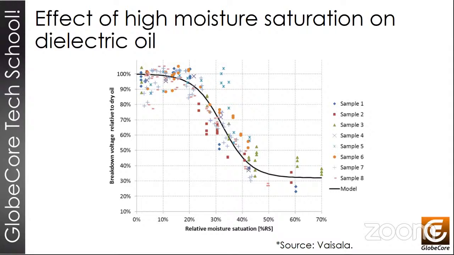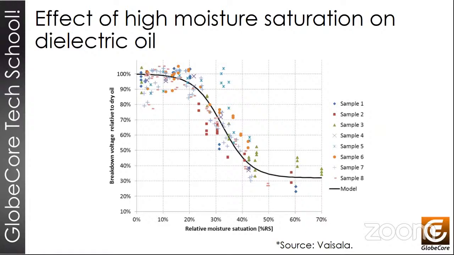So they were able to determine and plot this curve for the breakdown voltage as a function of the relative humidity of the oil. And we can see that at low moisture and saturation values, we have rather good values in terms of breakdown voltage in that oil. But when saturation begins to increase, we can see a significant decrease in this parameter, a condition that is especially critical for high voltage transformers, because if one of the components of the insulation system loses its dielectric characteristics,